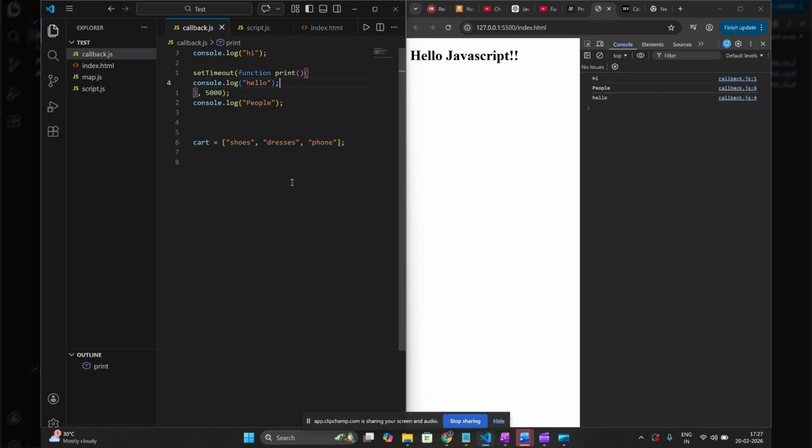Hello everyone. Today we are going to see what is the problem with callbacks in JavaScript. We know that callback functions are very useful when we want to implement something asynchronous in JavaScript. So we can have synchronous callbacks as well as asynchronous callbacks. Let's say setTimeout is an asynchronous API and it takes in a callback function as an input and